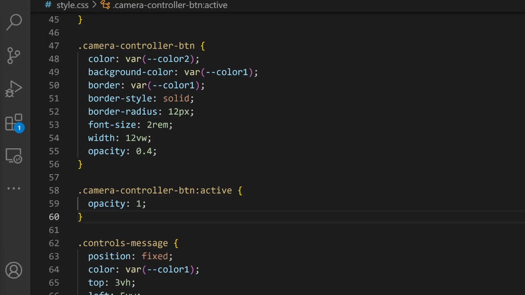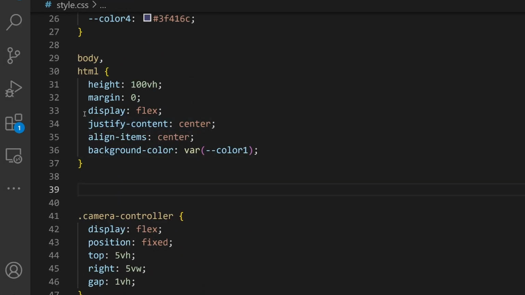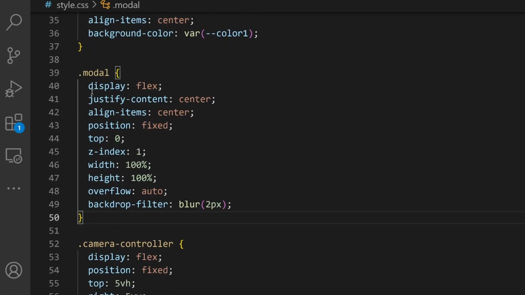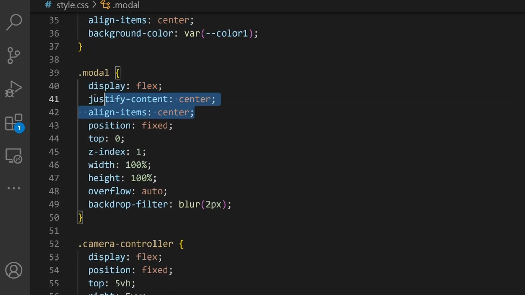So for the CSS that we need is the following. So we need first the modal. So right above, let's say we have it right after the HTML. We're going to create the modal class, which is going to be this one. So what this does is we have a flex container, we justify the content and align the items for it to be centered. We use position fixed to be able to place the element like on the canvas with specific